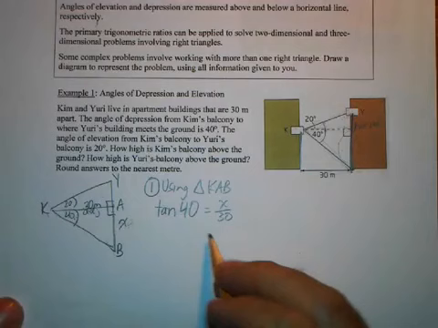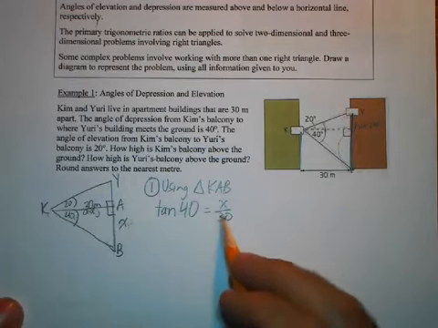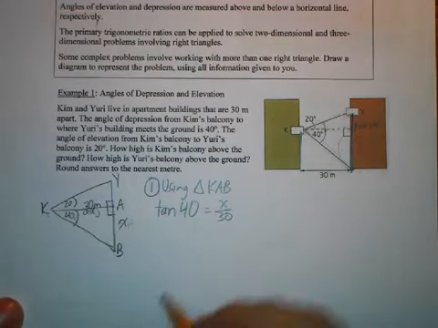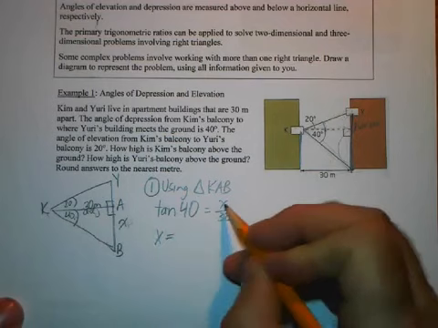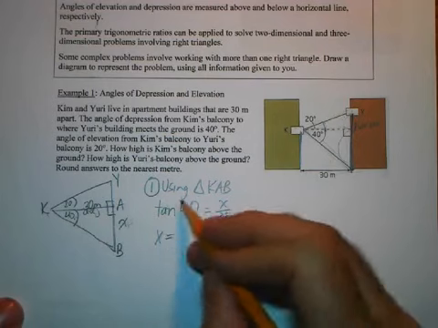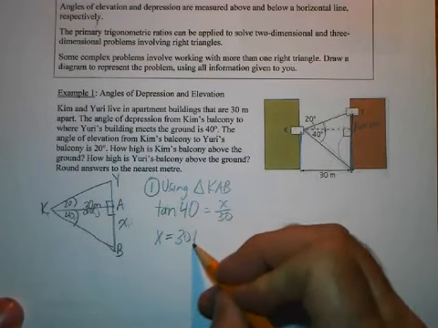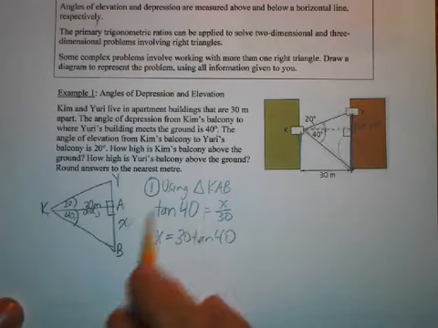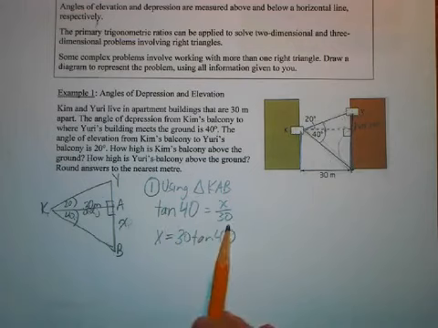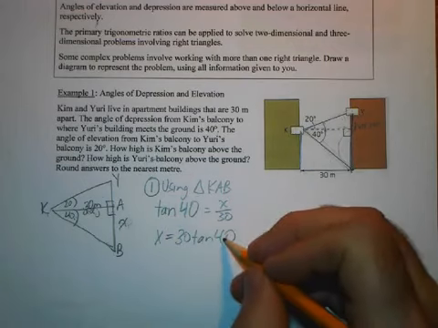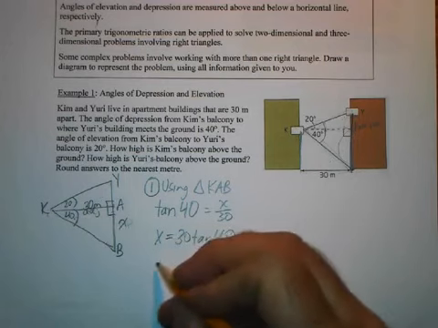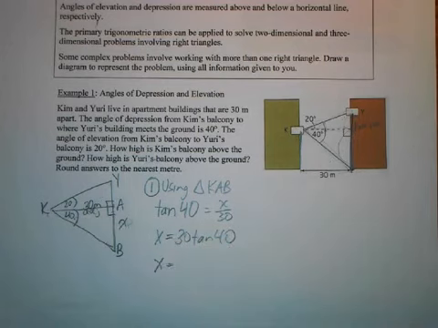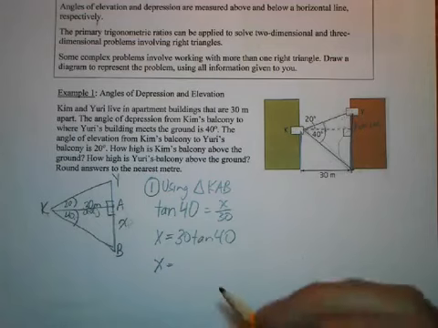Okay, and if I want to get x by itself, I multiply both sides by 30. So I can turn this into x equals 30 tan 40. And remember, when we multiply a trig ratio by a number, we always put the number in the front. Okay, and if we do tan 40 and then multiply that by 30, and we're going to round to the nearest meter, I'm going